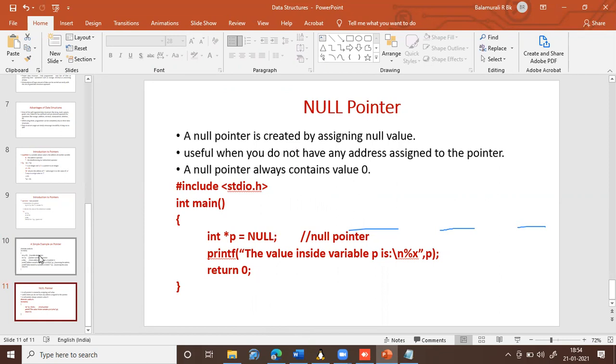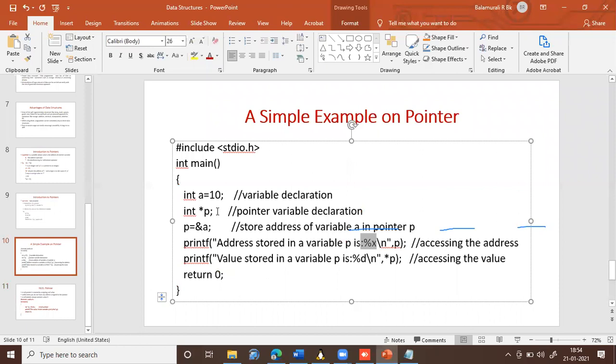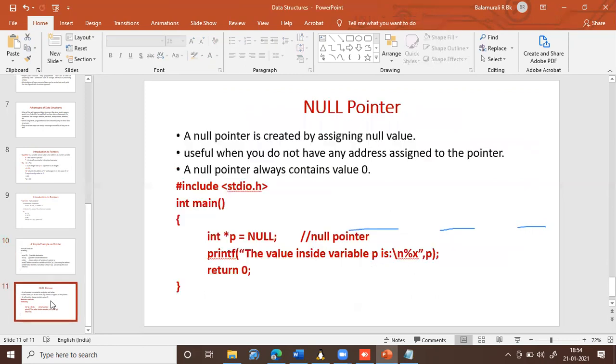Okay. So here in this slide, you can see for address I am using percentage %x, but in the program I used percentage %p. The reason is, in a Linux environment you have to use percentage %p. In Windows or Unix environment, for an address you can use percentage %x or percentage %u. Okay, fine. So let us stop here for this lecture, and let us continue from the next class. Okay, so we have given a brief introduction to data structures, and also a brief introduction to pointers. Fine. Thank you.